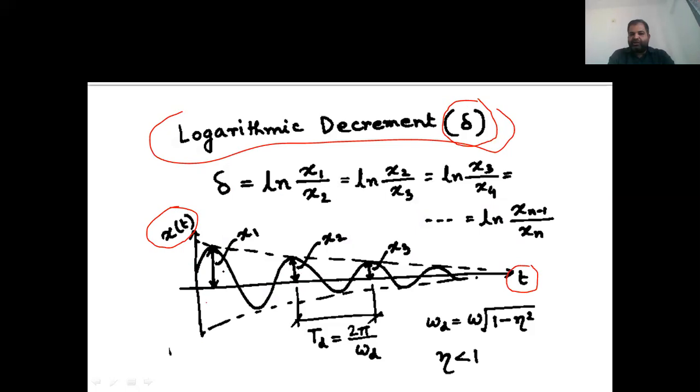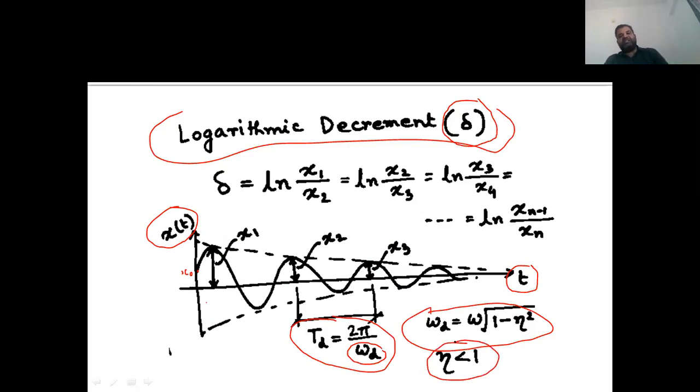If I draw the response of this underdamped free vibration, then this is my x0, let's say. It starts from this point, and then it oscillates harmonically, following the e raised to minus eta omega t envelope, so that my amplitude keeps decreasing. The time period Td is nothing but 2 pi by omega d, where omega d is the underdamped free vibration frequency. This is what we have seen, where my eta value is less than 1. I think we have seen all these things.